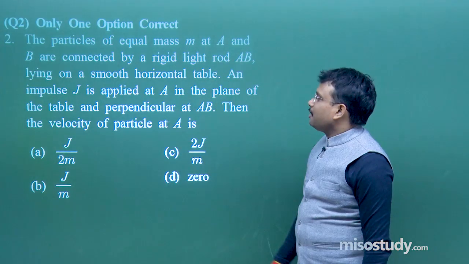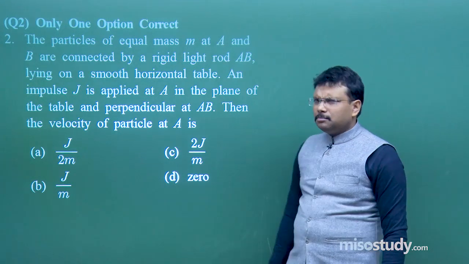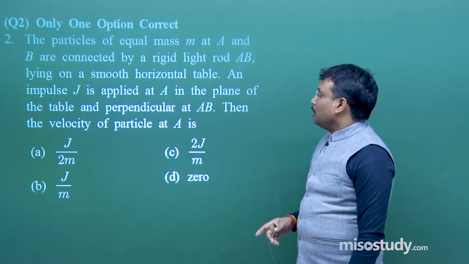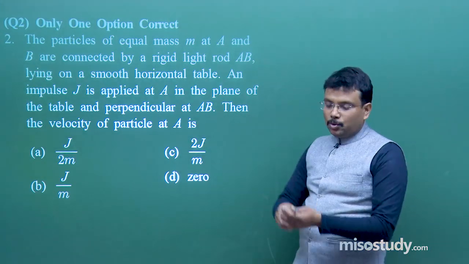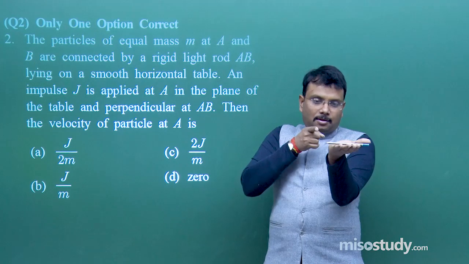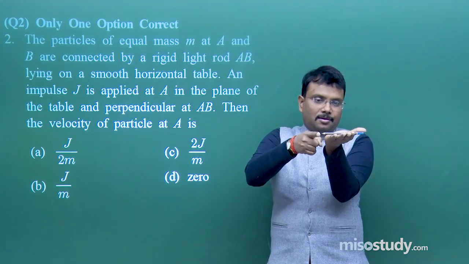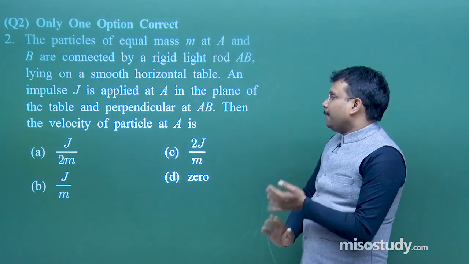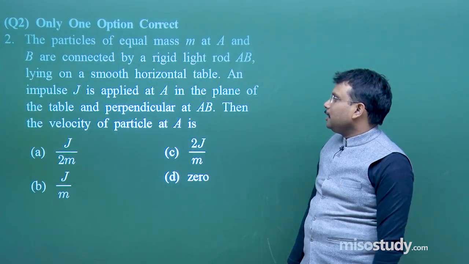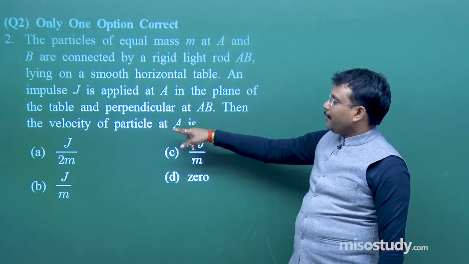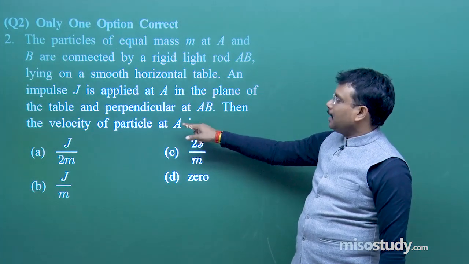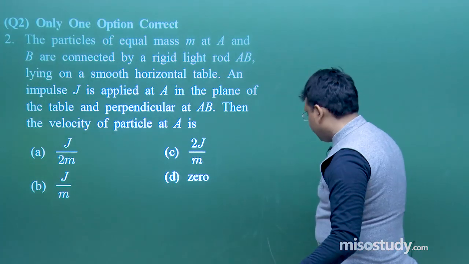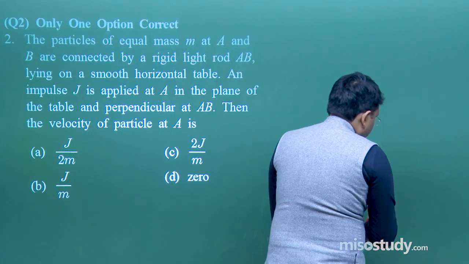An impulse J is applied at A in the plane of the table by means of hitting one mass or somehow like that, table and perpendicular to AB. So if the rod is like this, something is hitting like this. Fine. Then velocity of the particle at A. Actually you have to find the value of the velocity of the particle at which this impulse is applied. Fine. So I hope you have visualized the problem,